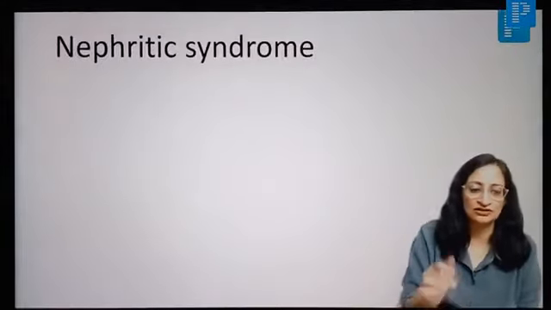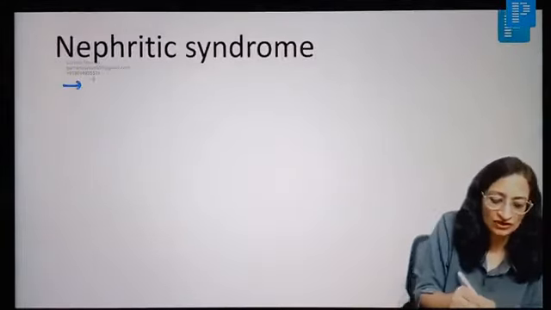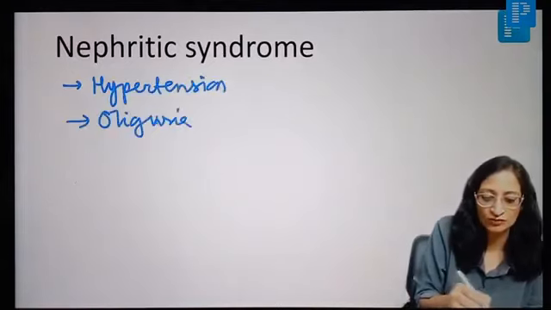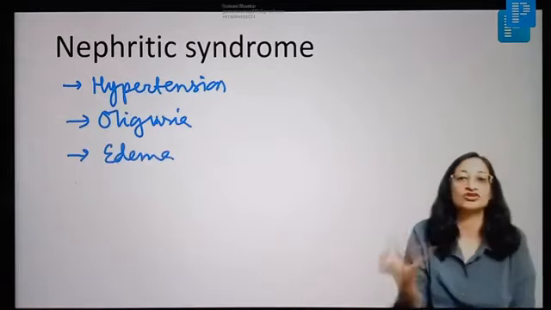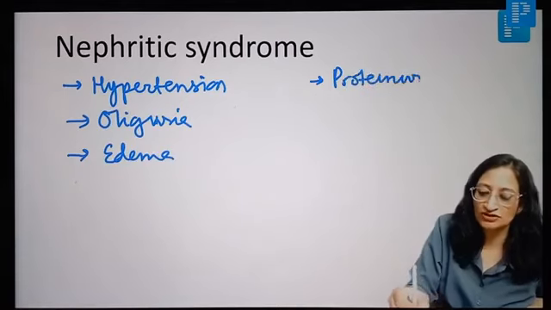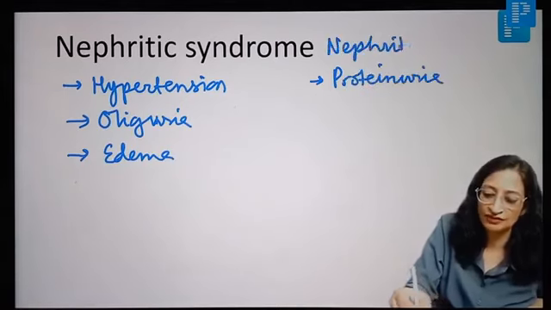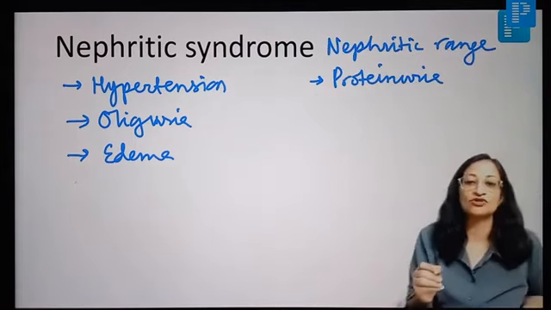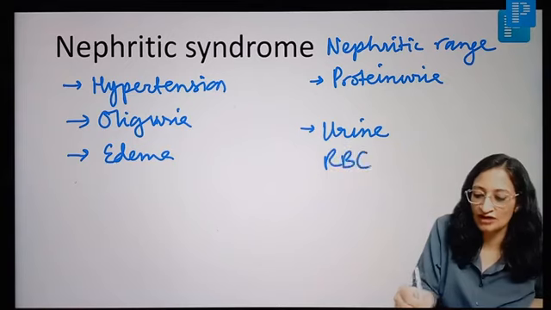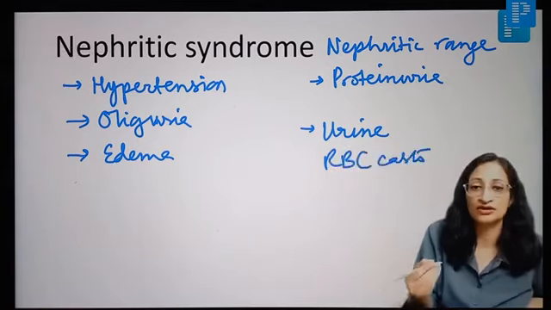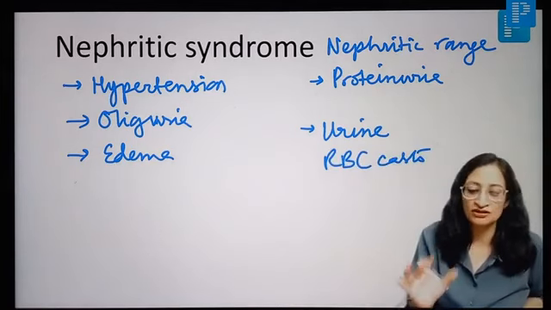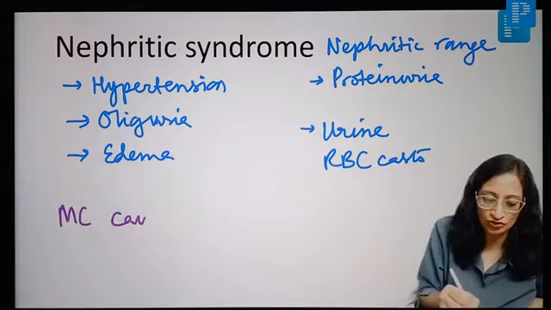First, let us discuss a little bit about nephritic syndrome. When do you call it nephritic syndrome in children? When there is hypertension or high blood pressure, oliguria, that means less urine output, and some edema, not as much edema as in nephrotic syndrome. On investigation you get proteinuria, but it is not massive, it is nephritic range proteinuria, that means 1+ or 2+ protein. In urine you get RBC casts or granular casts, and cola-colored urine. The complement levels would be low, C3 levels would be low. All these are findings of nephritic syndrome.